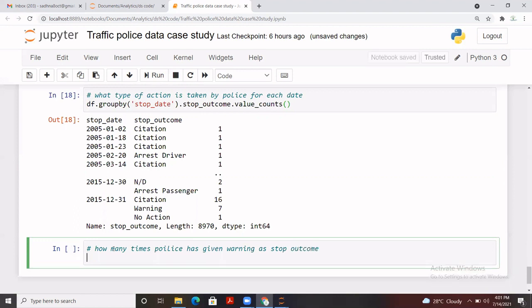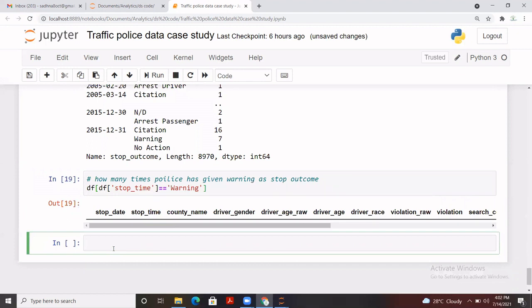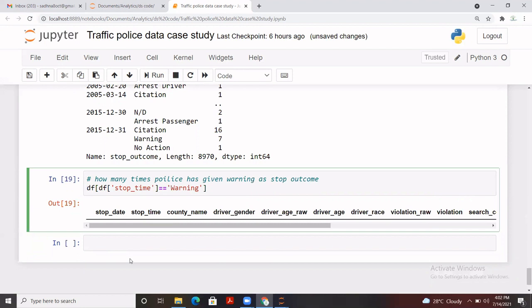Basically we have to apply a filter. To do it, df stop time, that's the column, and that should be warning, with W in caps. So this is what we can write, and we need to subset it. Let me subset this part. Here it goes. Once I run it, okay, this is warning, this is stop time, and let me put it into a different variable.